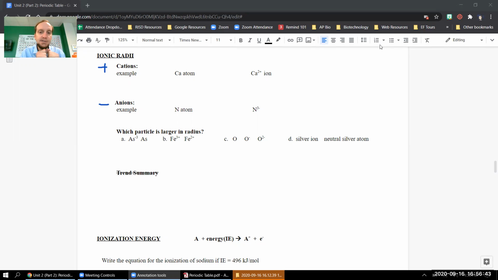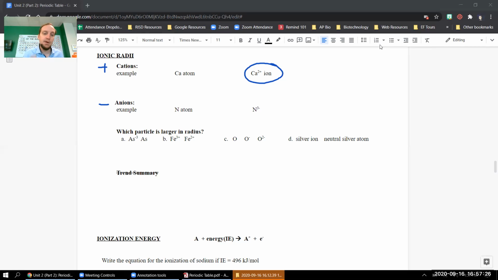When it's a calcium with the +2 charge, remember a +2 means it's lost 2 electrons because electrons are negative. So to become a positively charged atom, you've lost 2 electrons. So that means there is 2 less electrons. So ironically, the attraction is actually weaker. So this is going to be the larger of the two because there is less attraction between the negative electrons, because there's 2 less of them, and the protons in the nucleus. So there will be just a little more relaxed, a little bit larger. Okay, the more electrons you have, the more attraction is going to pull it in tighter,